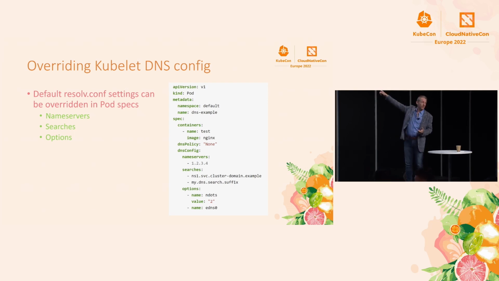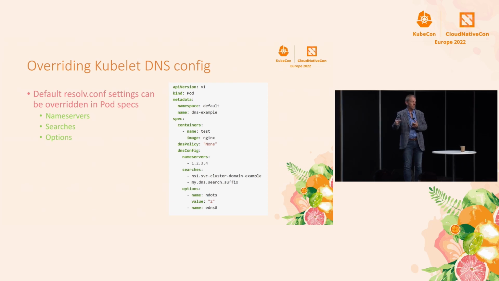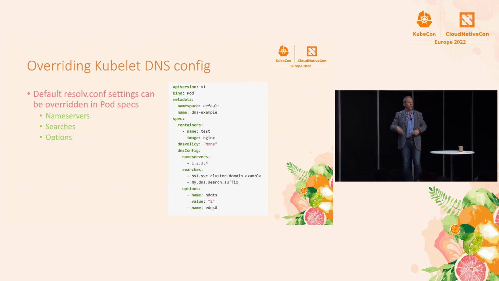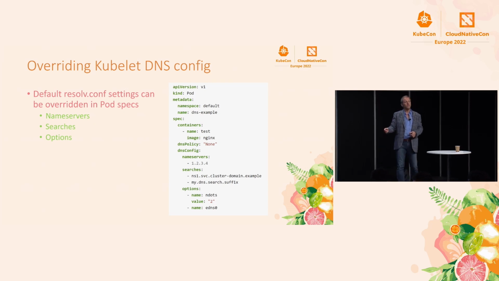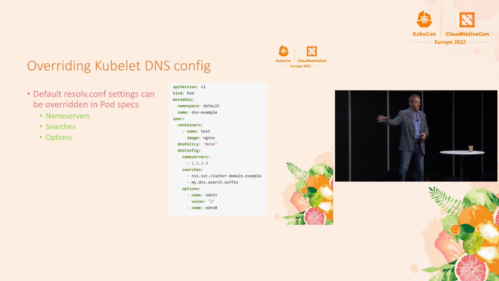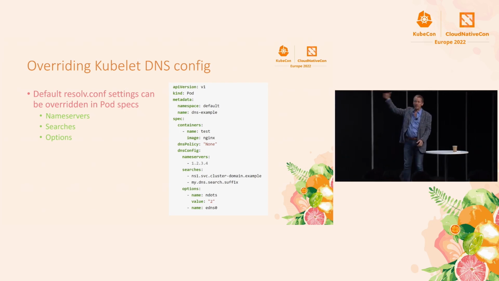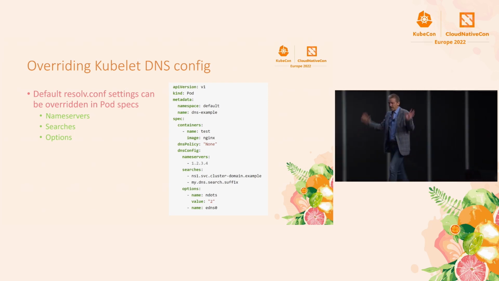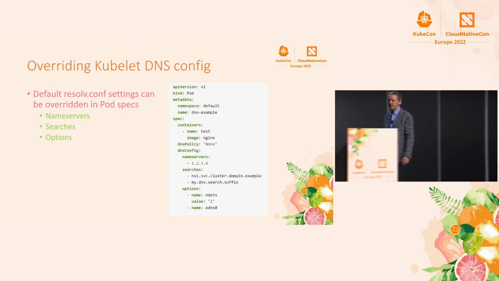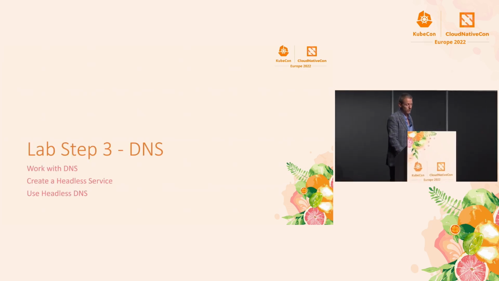If I look for web, it's going to work. Why? Because there's a suffix in there that is going to specify my namespace .svc, whatever my cluster suffix is. I can just look up the service and it works. If I want to look up a service in another namespace, I can just say service.othernamespace and it will work, because there are multiple search paths, right, for each piece of the DNS name. And then finally, you have options that you can set. If you're not a DNS guru, you can ignore this. But basically, these are the ways that you can override what's in the resolv.conf.